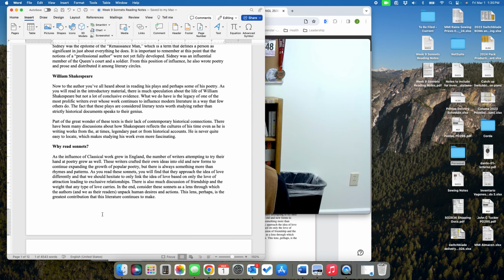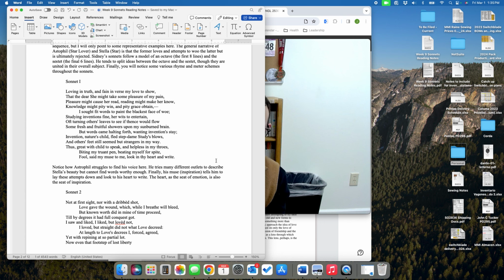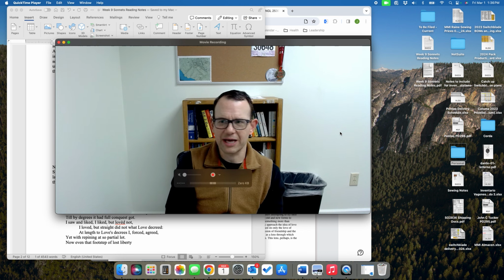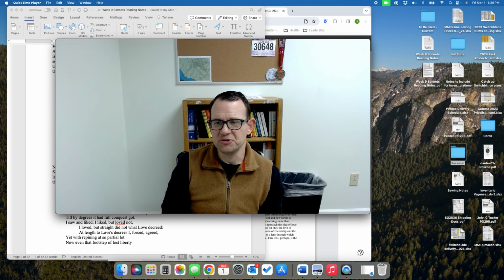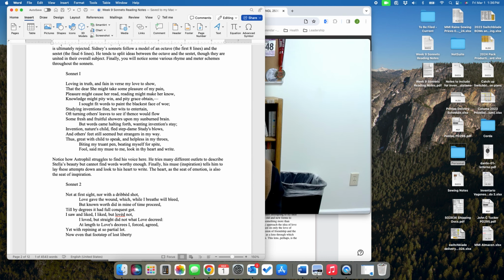So, for example, I'm going to bring up Sonnet 1 by Philip Sidney. And if you hear this, enjoy, I think, as we move into more modern language, we're not having to translate near as much. You can hear the words and the rhythms as they're coming out. So, in Sonnet 1, you have, loving in truth and in feign,